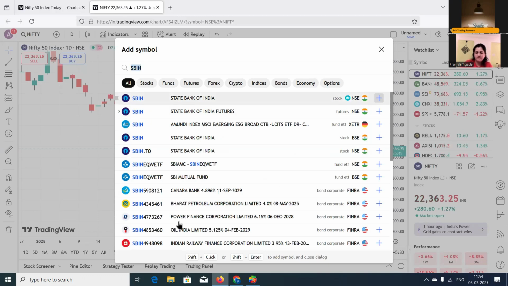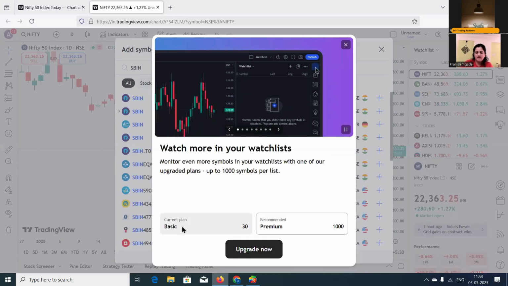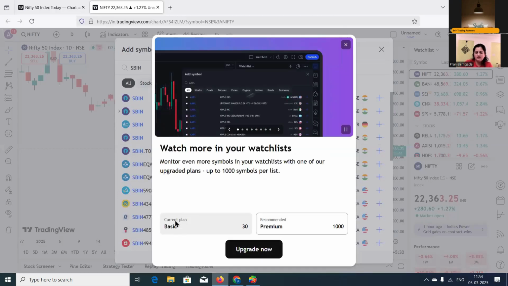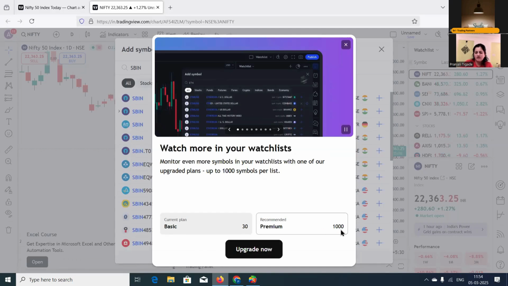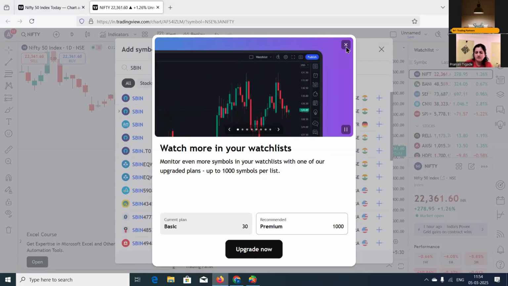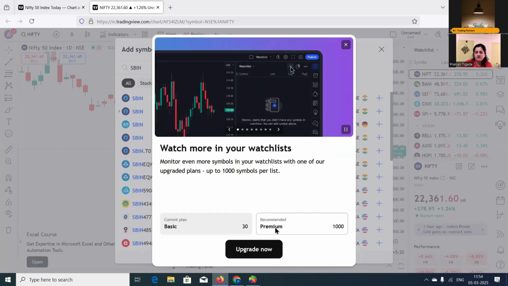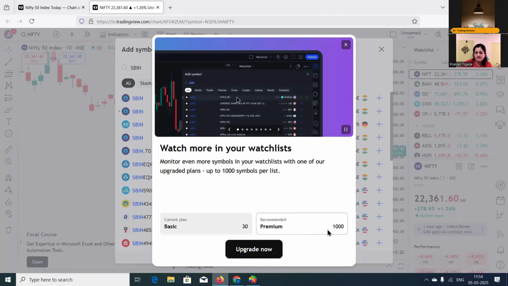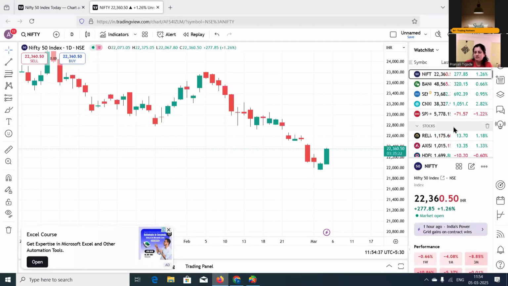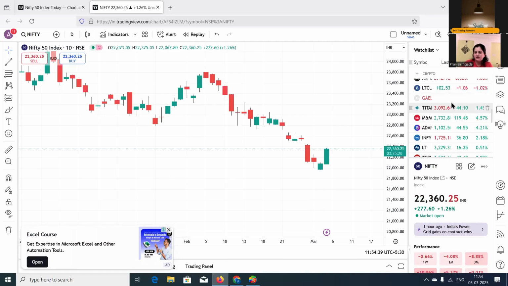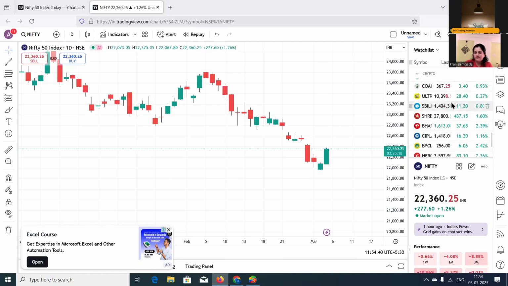Okay. So see here now in the current plan, in the basic plan, you can add 30 and the premium plan, you can add 1000. Okay. So such features you will get in the premium plans. As I have already 30 symbols added over here. So that's why it is not allowing me to add. Okay.